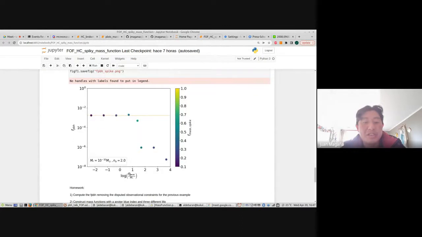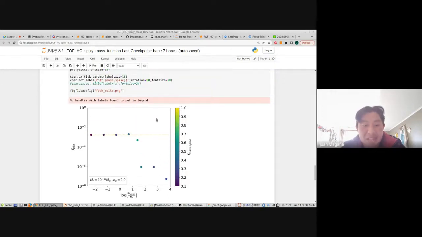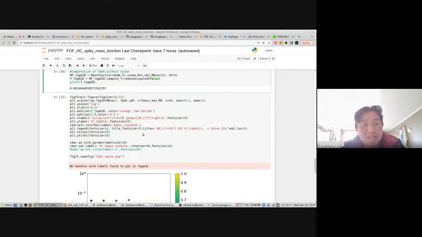Here, the position of the peak, the fraction of mass of primordial black holes as dark matter, and the colors of the dots represent the fraction of mass inside the spike with respect to the total distribution. And as mentioned in the talk, this line represents this value with the amplitude A2 equal to 0.